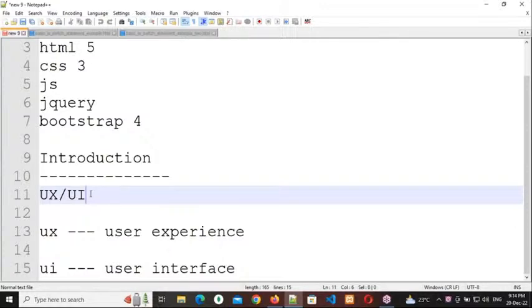So how can we interact? By clicking on something, by hovering on something, by scrolling up, scrolling down, or by typing. So what he is doing is interacting with our application. Clear, everybody? By using the user interface, we can let the user interact. User experience means what the user can experience. For example,